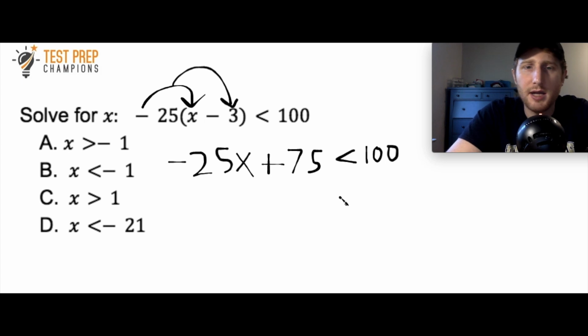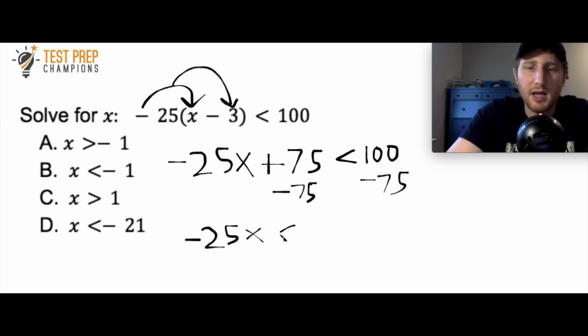Okay, so it's not as complicated as it seems. Like I said, the best way to start is to just imagine that this is an equal sign and try to solve this equation for x. Okay, so basically what I'm going to do here is subtract 75 from both sides of my equation. So when I do that, if I rewrite, I've got negative 25x